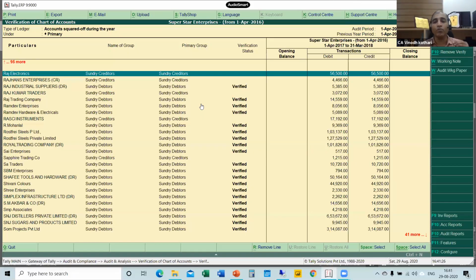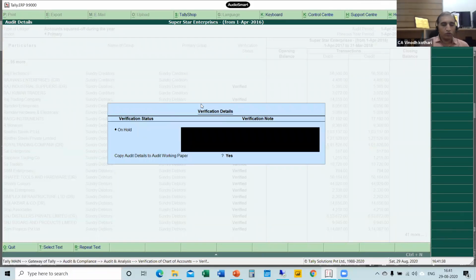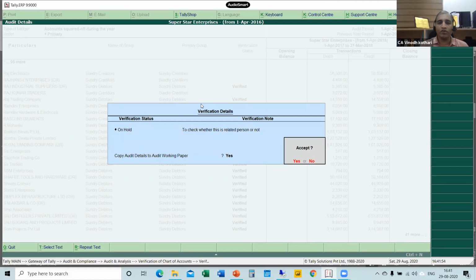So how to ask the query, record my query in this Tally? I have to say I have a doubt in this entry, enter. I select on hold, to check whether, suddenly I have some doubt that this is a related person for this client. So I have to check whether this is a related person or not. So this way I am raising the query. Now you see, once I select OK,